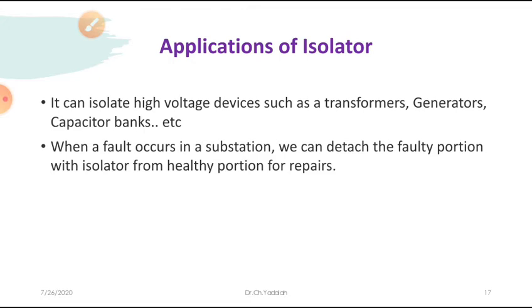If you observe, the gap between the male and female contacts in a circuit breaker is very small. In between, a dielectric medium such as gas or some other medium is present, but we cannot see inside whether the contacts are physically closed or open. So if you use an isolator in addition to the circuit breaker, when you operate it, you can physically observe that the circuit is opened. Then the operator gets some idea, some confidence, that the circuit is opened.